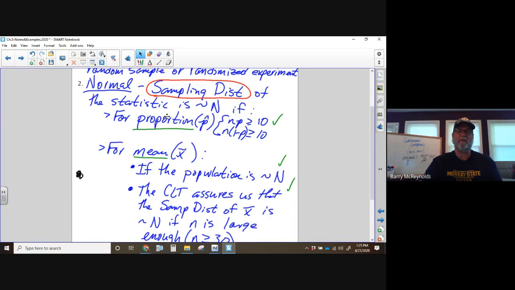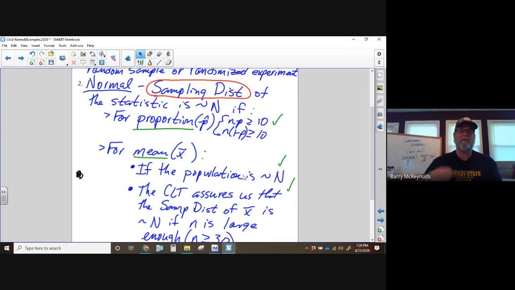And if it's a proportion, there were two conditions. N times P had to be greater than or equal to 10, and N times 1 minus P has to be greater than or equal to 10. So if your case is you're looking to estimate the population proportion, then you have to do this calculation if you're not told. For a sampling distribution of X bar, then that distribution is normally distributed